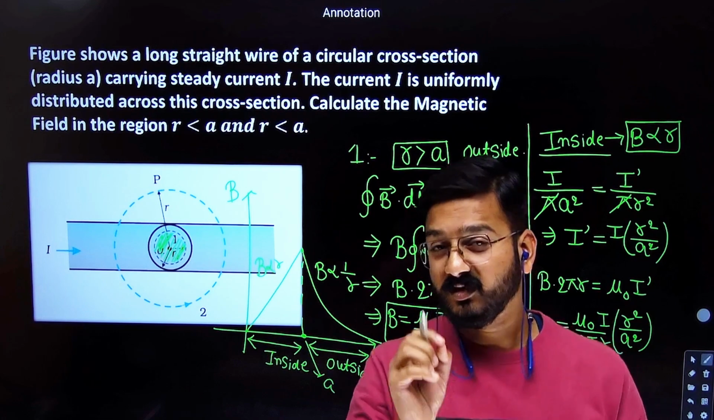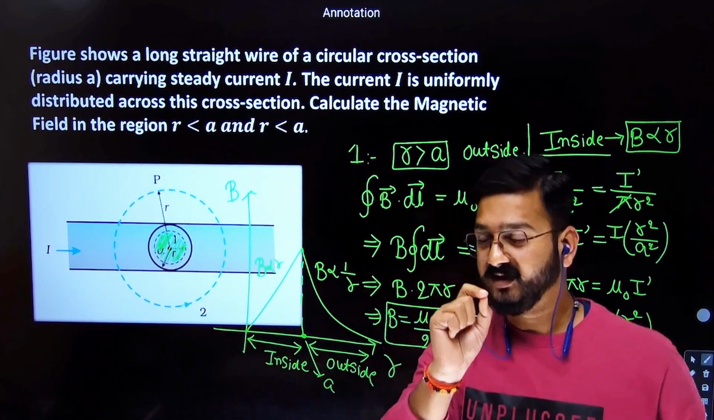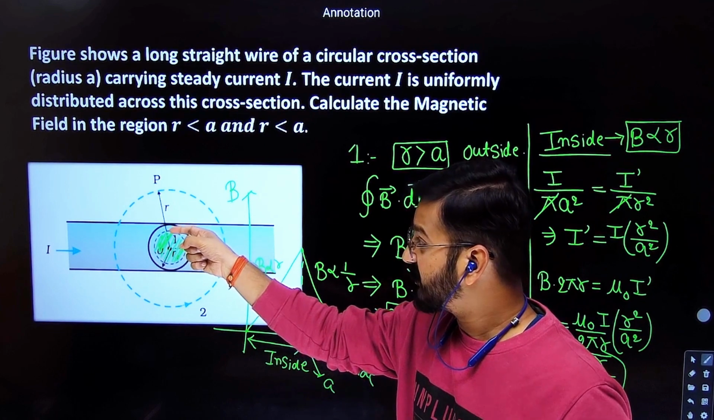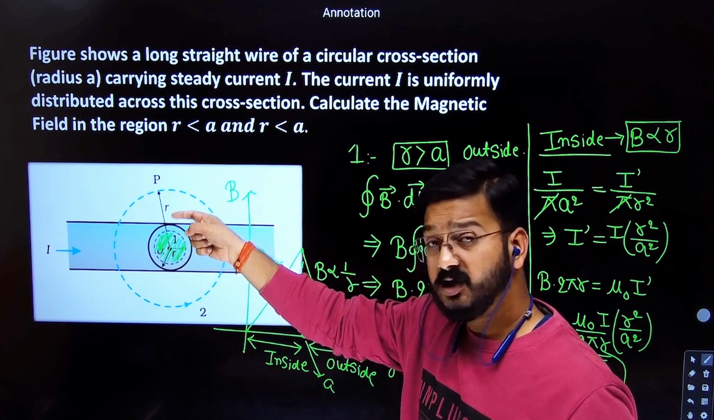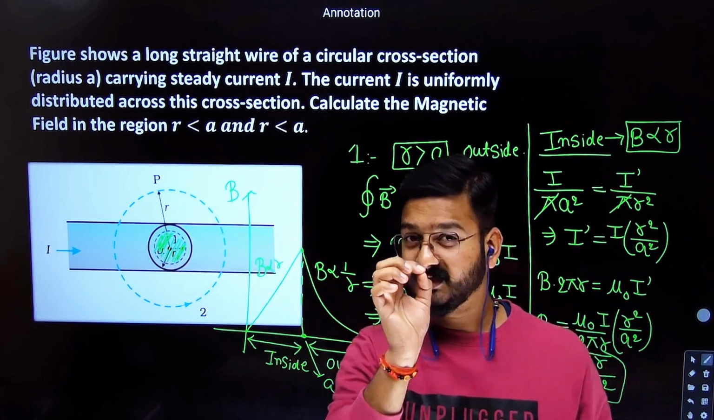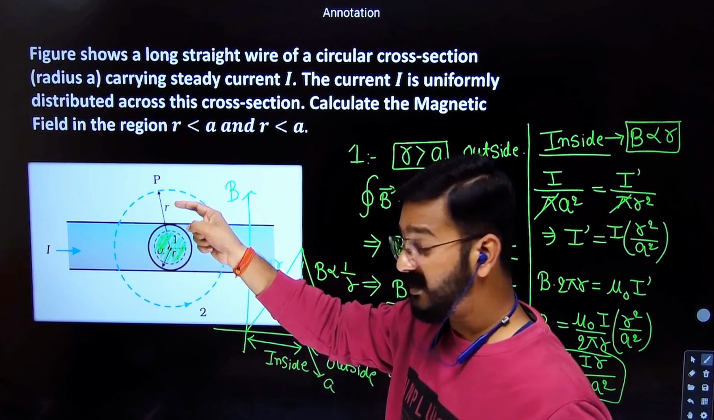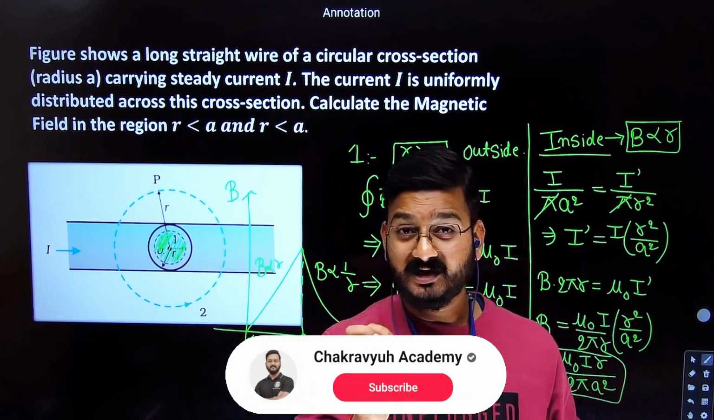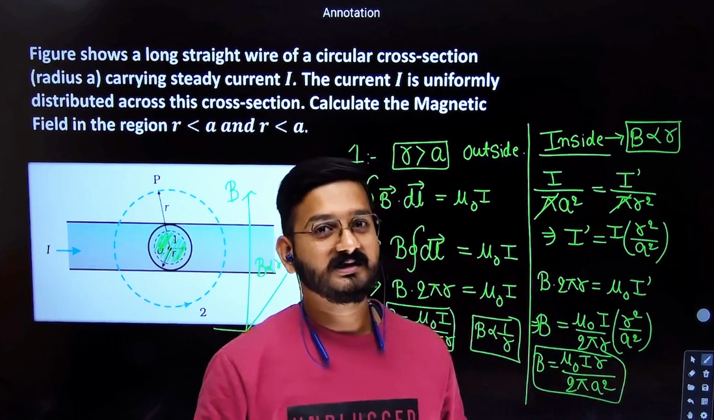So one question I'm giving you as homework: you need to find the magnetic field at a point, a distance of a by 2 above the surface and a by 2 below the surface. I'm repeating the question again. Find the magnetic field at a point which is a by 2 above the surface and a by 2 below the surface. Write down your answer in the comment box,